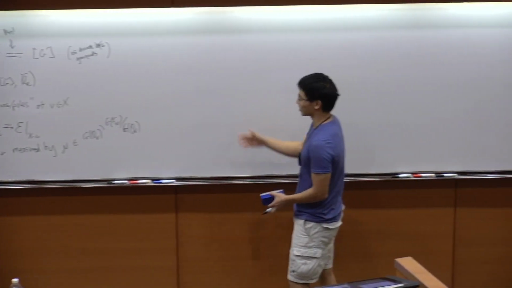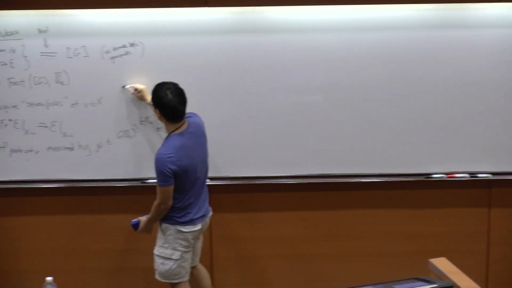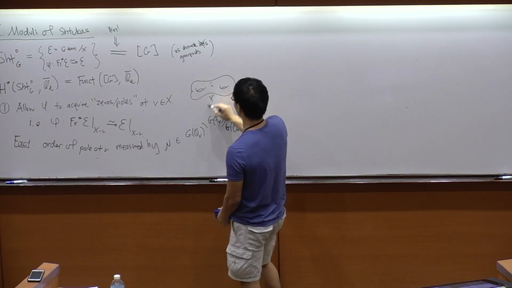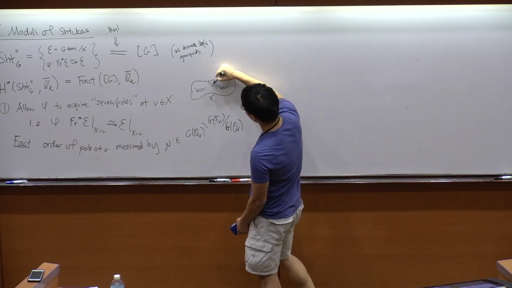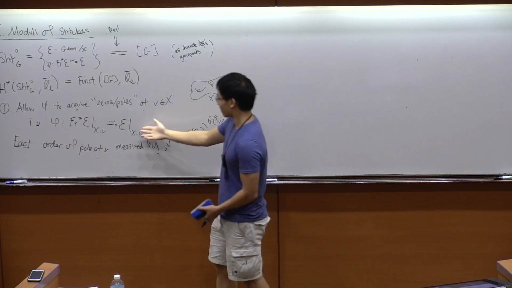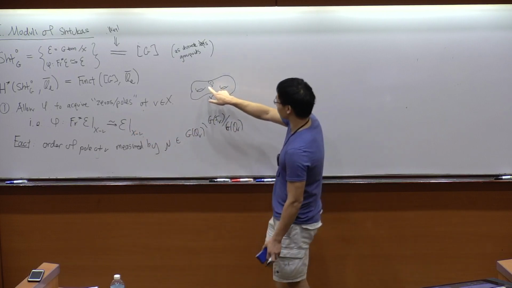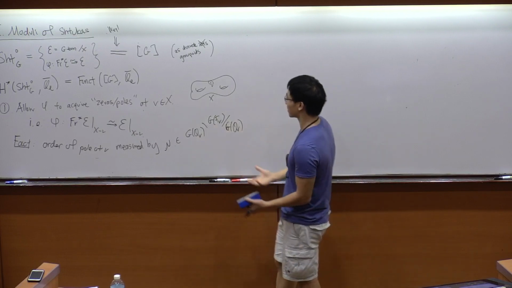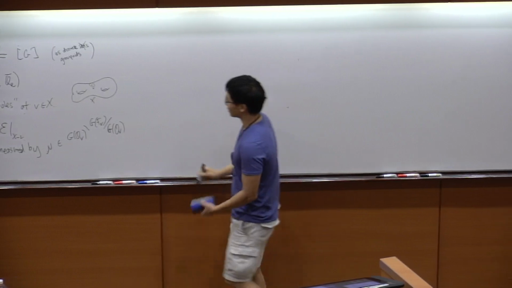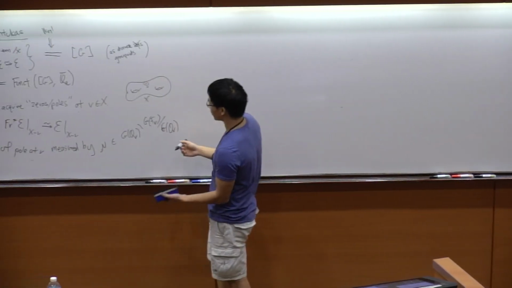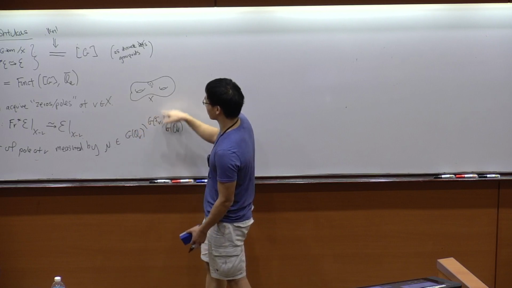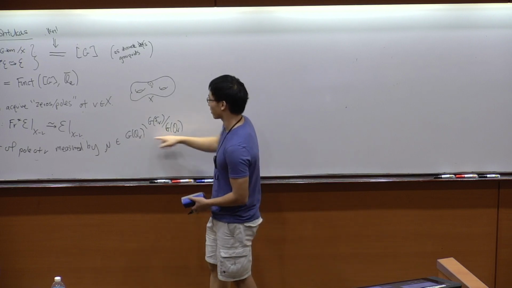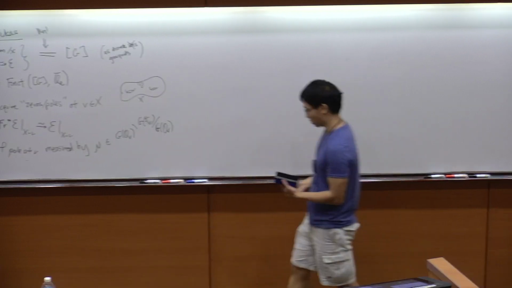And let me just say verbally why this is true. So the idea is that we've got this curve, and we're looking at a point on the curve, little v. So this big curve is X. And near this point v, the bundles, by definition, are locally trivial, so they will be trivializable in a small neighborhood of v. And you should think of the completed local ring as being the ring of functions on a small neighborhood. And so after I pick a trivialization, I just have to give a map on the punctured neighborhood, which is an element of G of FV. And that was ambiguous up to the choice of trivialization. So I mod out by those choices which correspond to G of OV.